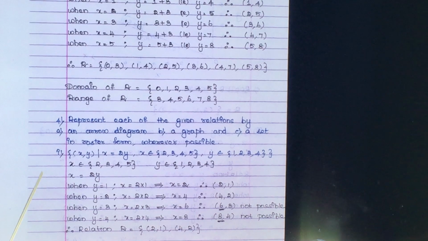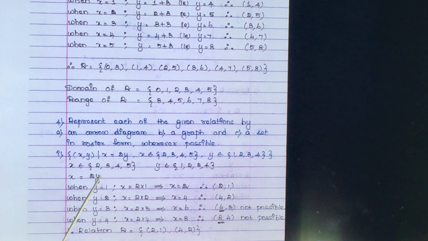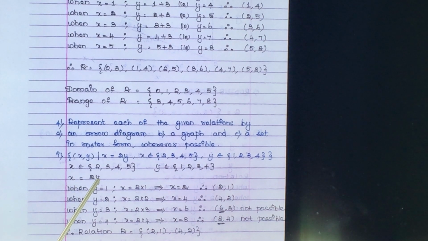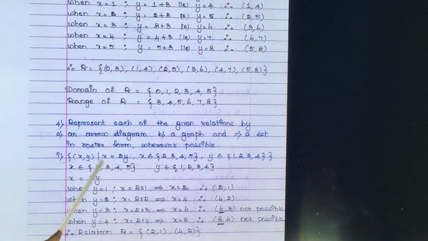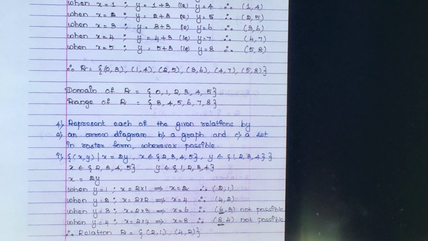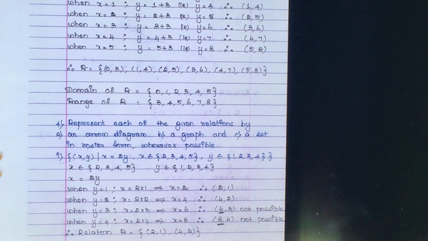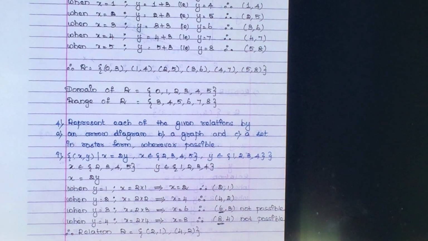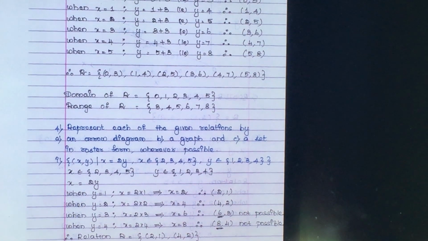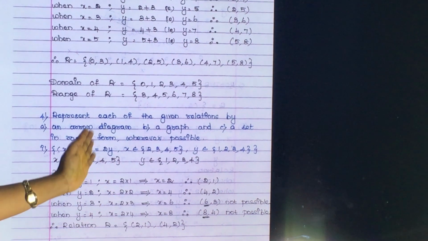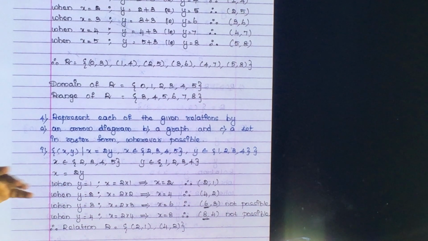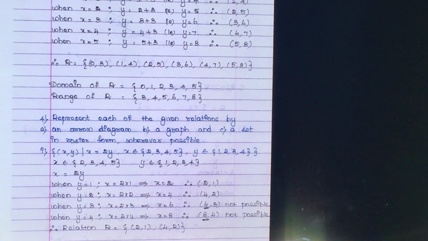Now what is the relation given? X is equal to 2y. Now when you substitute the values of y, you will get x, because here the relation is x equal to. Okay, in the previous sum it was y equal to, so we substituted the values for x. But here the relation is x equal to 2y. So when you substitute the values for y, you will get x. Y ku substitute panna namakku x kadaikum.